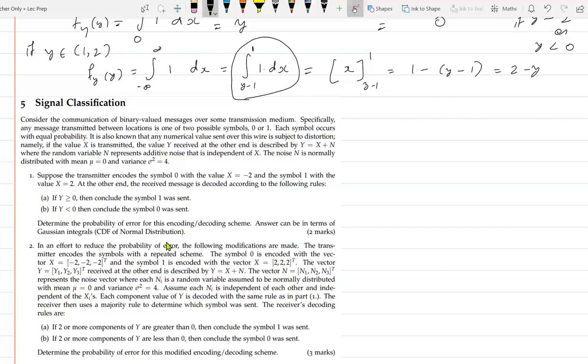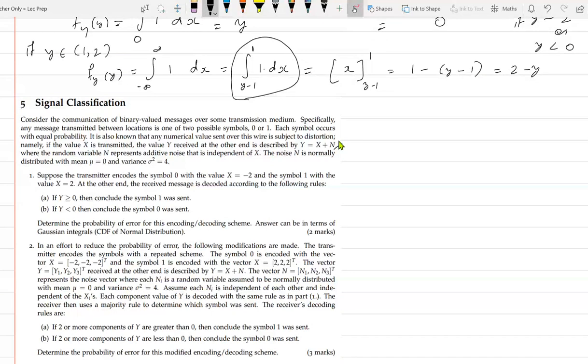But the channel is not a perfect channel. If I send something, you won't get exactly the same thing. The channel will add a normal random variable to it. So suppose I wanted to send x to you, the real number x. What you get will be x plus n, where n is a normal random variable. And from what you get, you need to figure out what I had sent you. This is the problem, and this is a very common problem. Whenever this video is being sent over the internet to you, this problem is getting solved one way or the other.